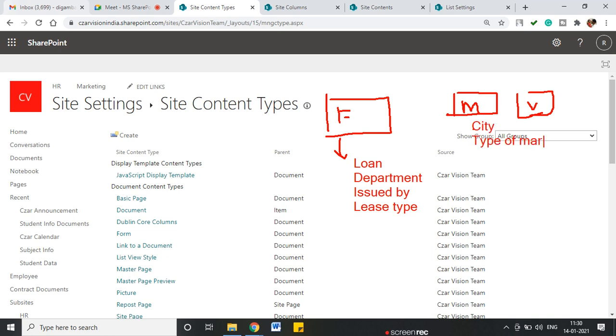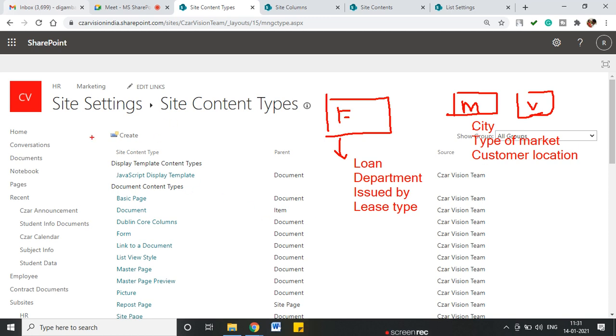Type of market, then customer, location. These are common if you go with a marketing content type. Consider there is a specific kind of content. If we think about a school,